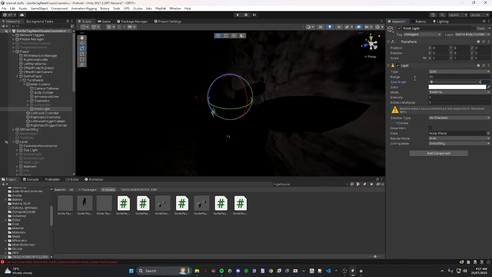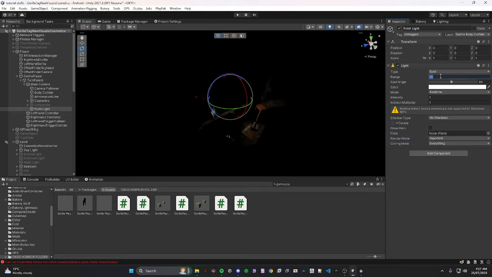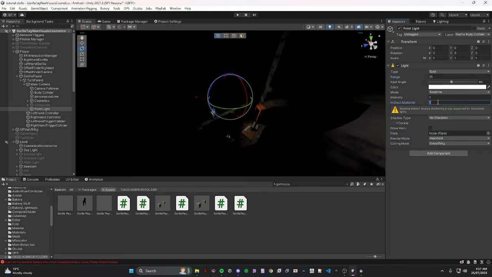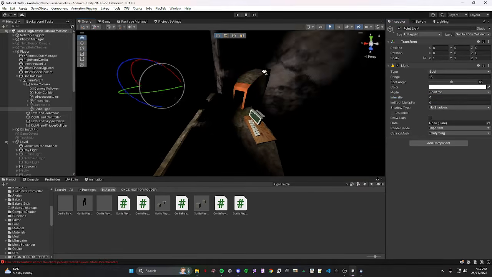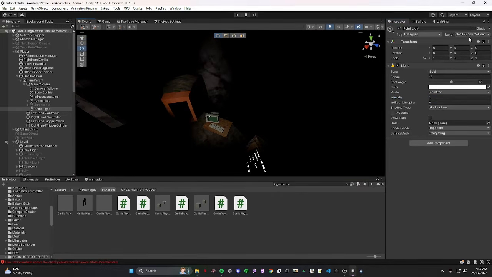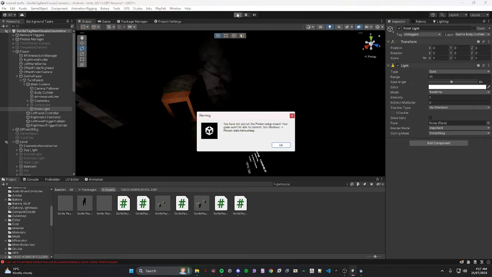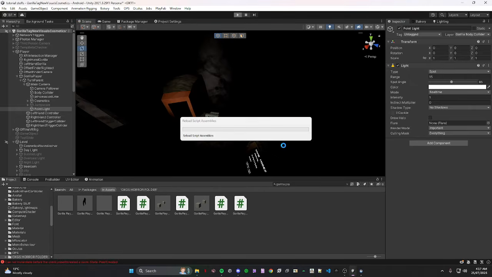And change the spot angle to 85, change the render mode to important, change this to 15, change this to 0. And it depends how bright you want it to be. If you want it bright, set it to 4. I just recommend keeping it at 1, since that's what all great card games use. Now, once you go to play mode,